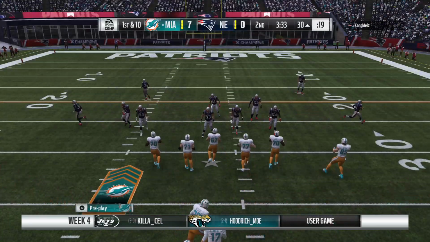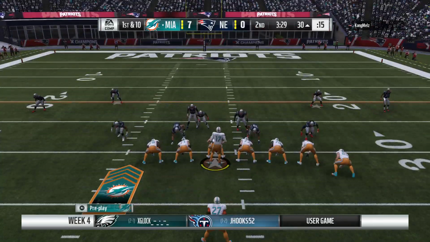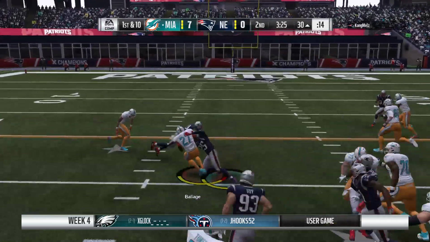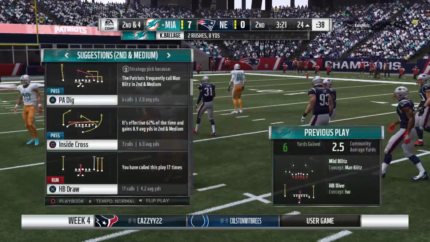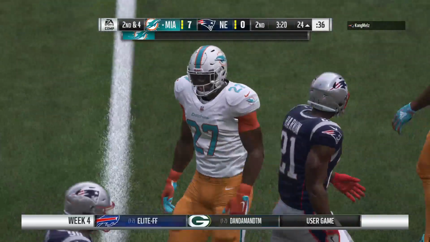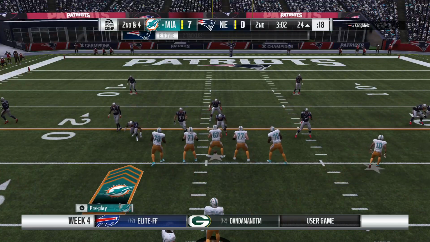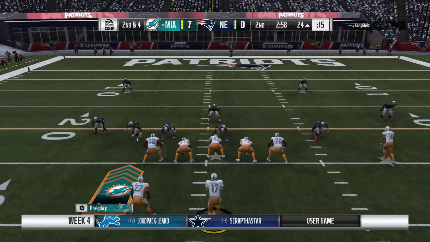So 1st and 10 now from the 30. They run it with Balaj. He'll get about 6 there as he takes this one down to the 24-yard line. Despite the blitz, they're still able to pick up a nice solid gain. The disadvantage of blitzing often alters the normal spacing and run fits and leaves creases like they were able to